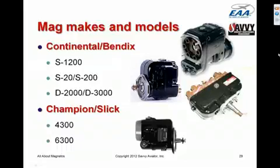The smaller Bendix is the S20 or S1200, depending on whether it's an impulse coupling mag or a retard breaker mag, but they're basically the same mag. It's an older design, a smaller design than the S1200. It's a pretty good mag. If you run these things up at altitude, you have to pressurize them. The third one is the Bendix Dual Mag,